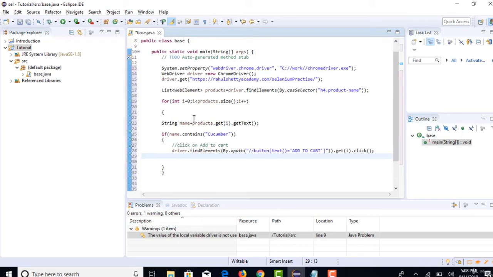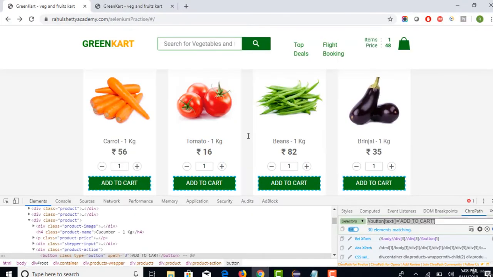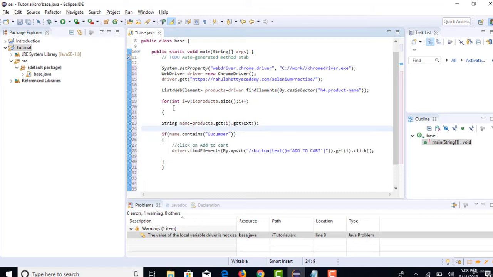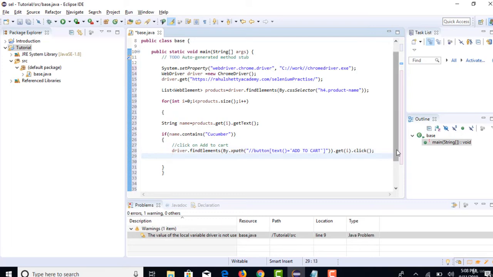Afterwards our loop will still continue 30 times, because we never told our Java program to stop when you find cucumber. It finds and it clicks on that, but the loop will iterate 30 times because we clearly told it to start from 0 and finish at 30. But our argument here is that when we already found it at the third index, why waste time running that for loop for the remaining 27 times? Because our goal of having this for loop is completed once we get that cucumber. If it goes inside this block and clicks that product, then we are good.